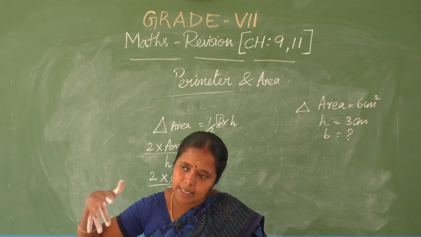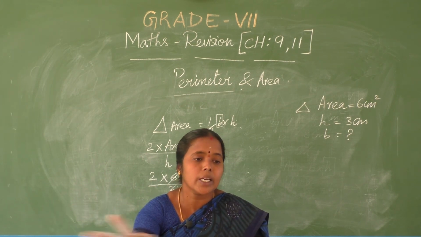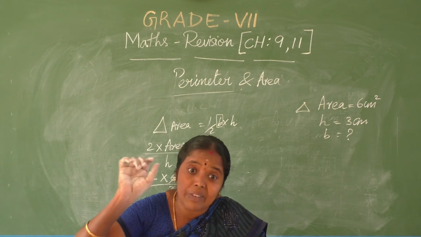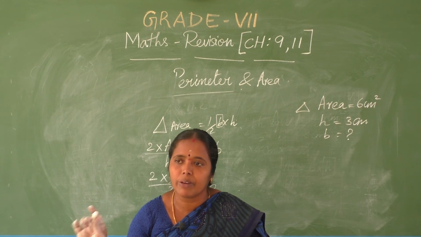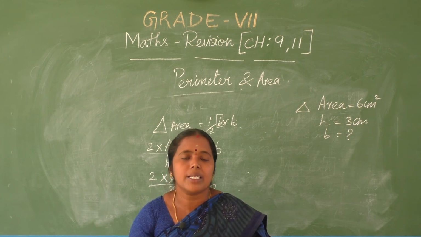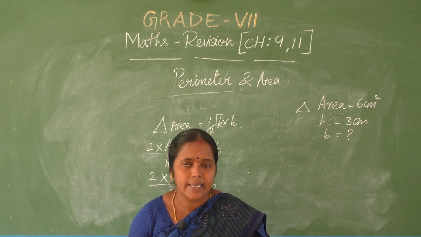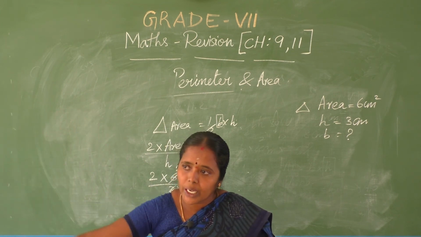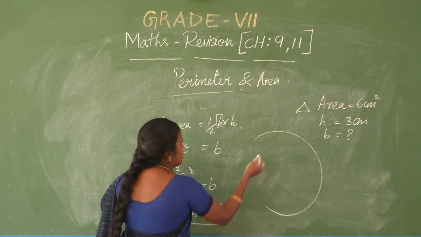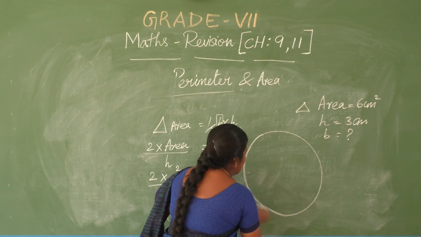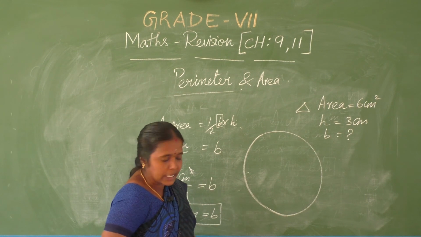So perimeter is generally the outer length. In a circle especially, the outer length of the circle is called circumference. What is that? Circumference of the circle. In general we will say the surrounding length of a figure is called its perimeter. Here in the circle category, the surrounding length of the circle is called its circumference. Okay, that we will see. Circumference of the circle,